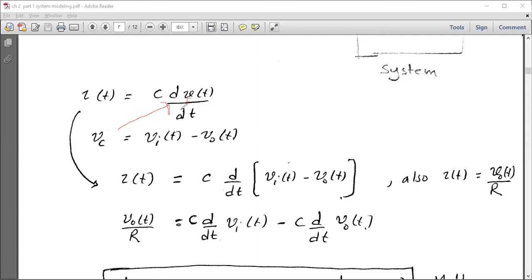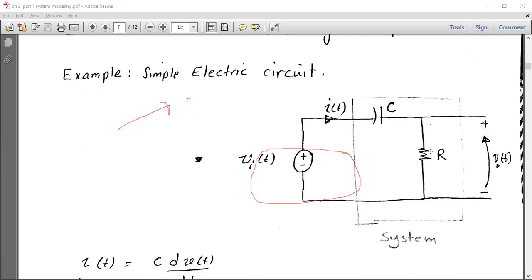Just plug it here: iC becomes C d over dt of VC, which is the difference between the input and the output. Also, if I ask what's the relation between V out and i, this i is in series,